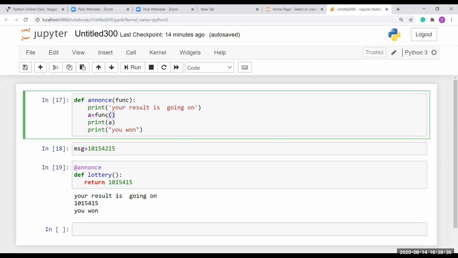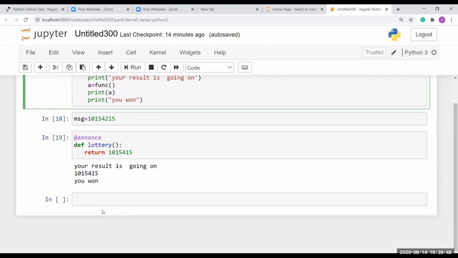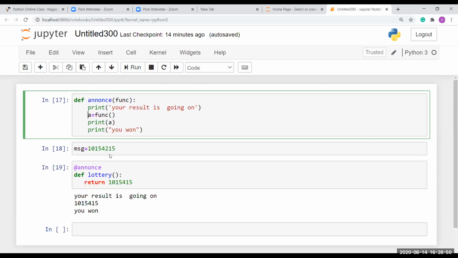Then here the function is executing. After that the return value is stored into a. Okay, so now the a was printed here. Okay, this is your decorator sample.